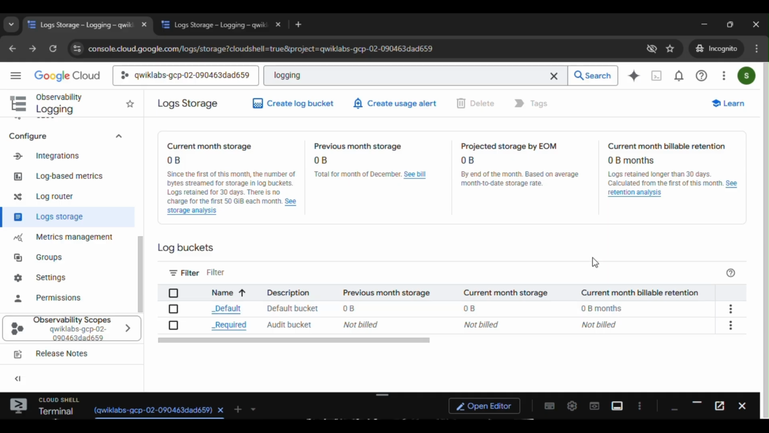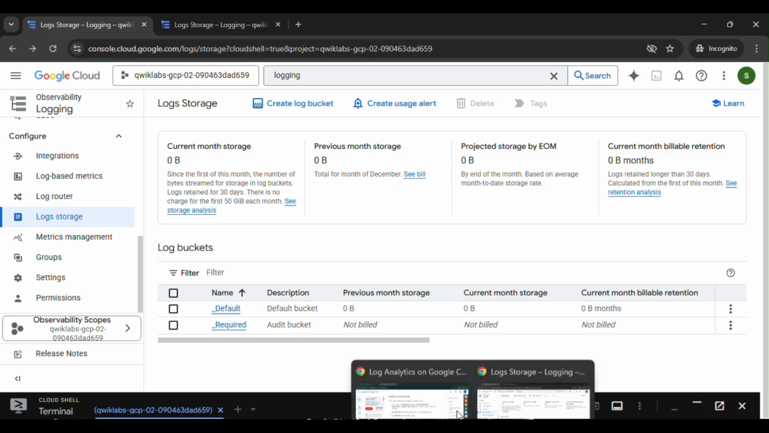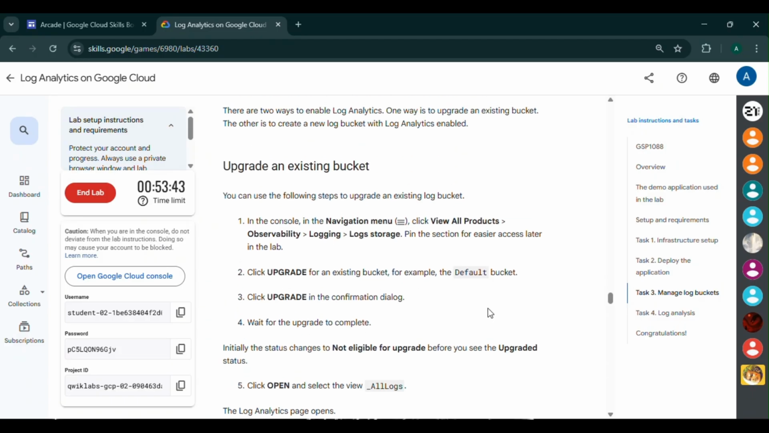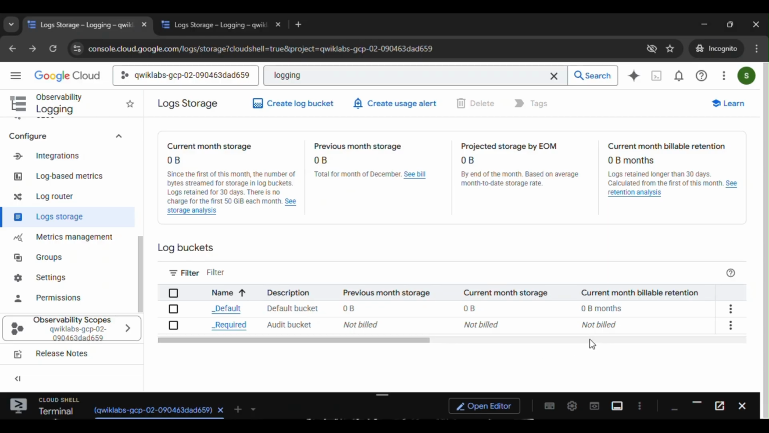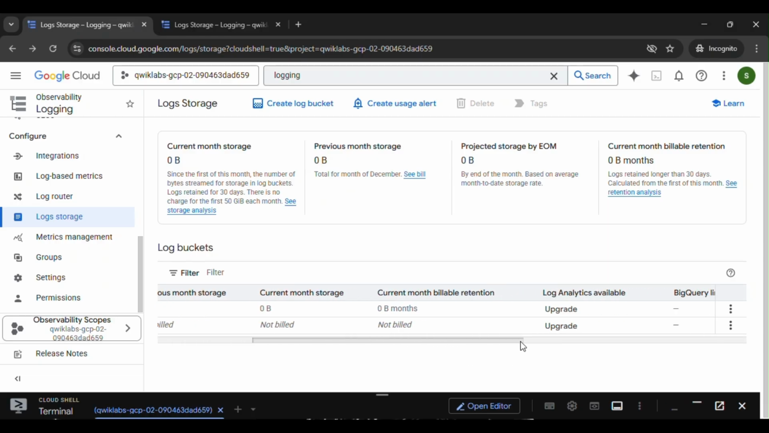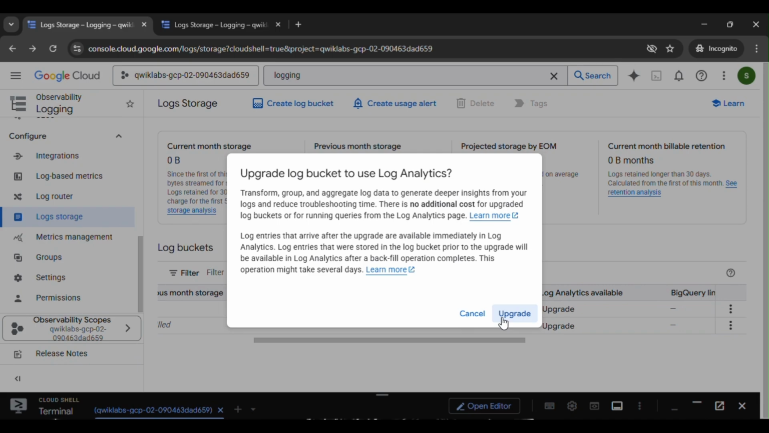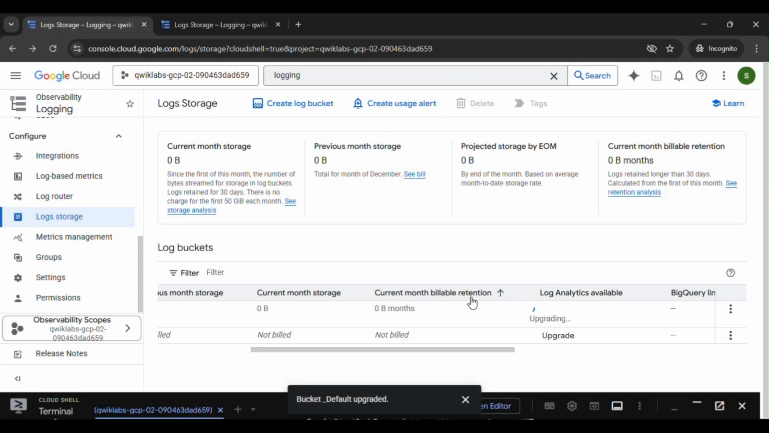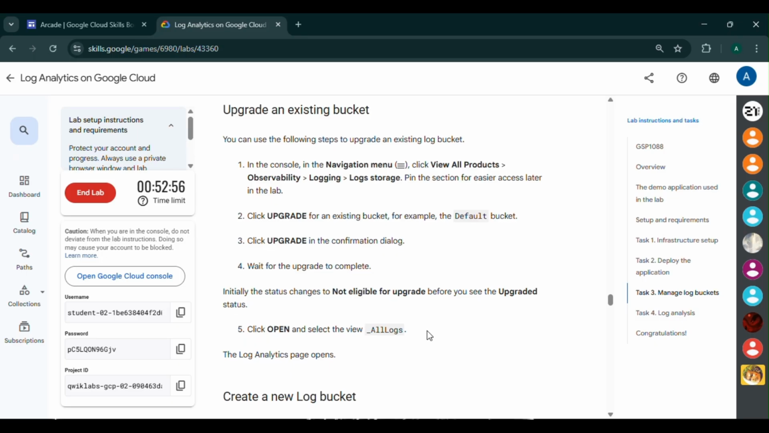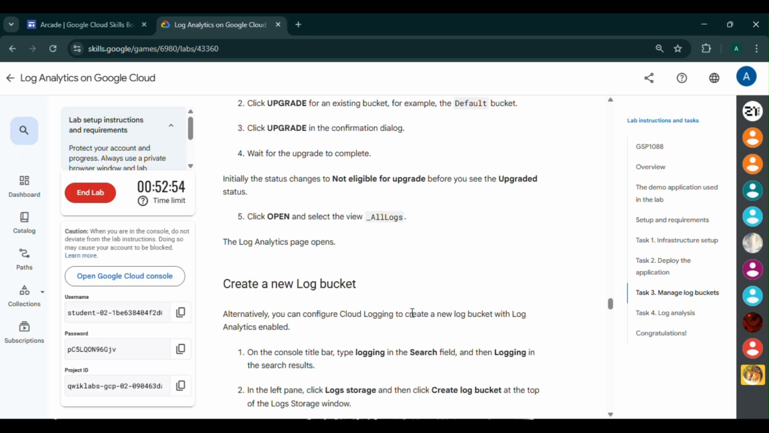Now we have to upgrade our existing bucket, like the default bucket. So we will click upgrade in the side of default bucket, and then it has upgraded. We have to wait for the upgrade to complete,